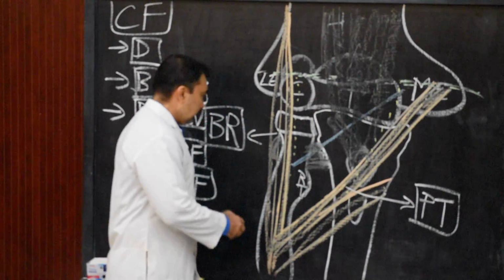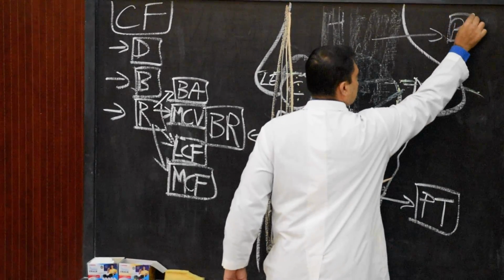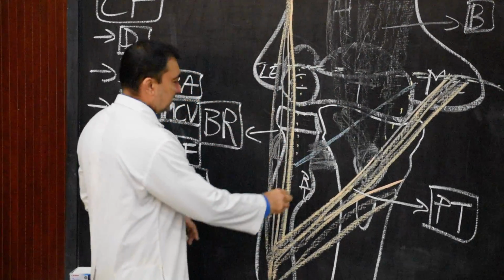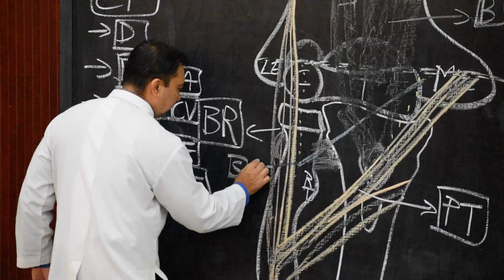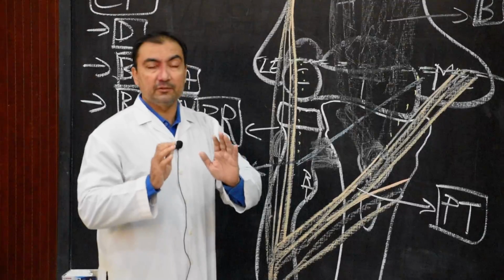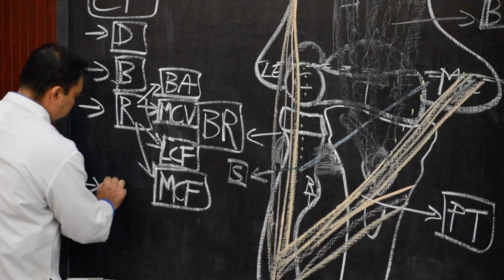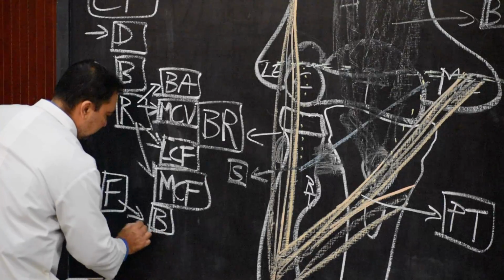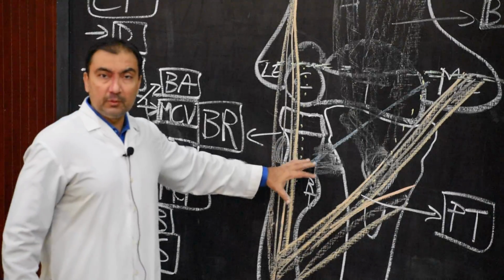Here you can mark it as the brachialis muscle, which is present in the floor, as well as this muscle which you can mark as the supinator muscle. I am using a very light color in order to show that these muscles are in the floor compartment of the cubital fossa. So in the floor, the two structures present are the brachialis muscle in the upper and medial part and the supinator muscle in the lower and lateral part.